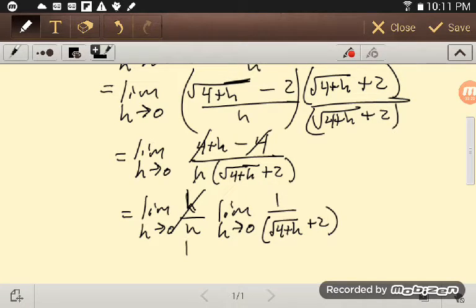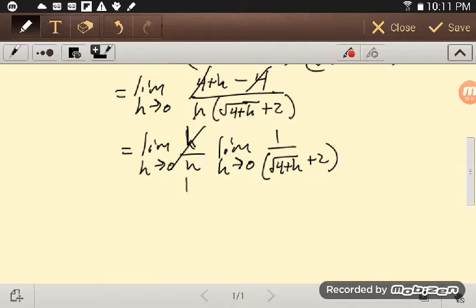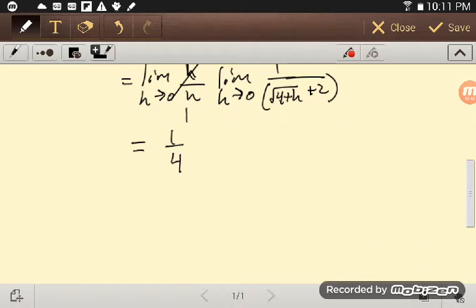Again, that's 1. So we have 1 times this limit that I can get by direct substitution. I have 1 over the square root of 4, which is 2, plus 2 there, so 1 over 4. So there's my derivative, and my tangent line